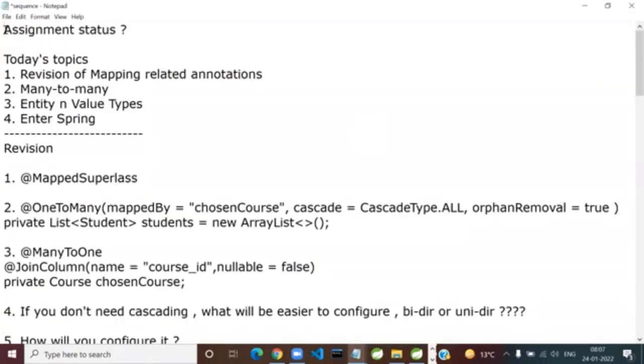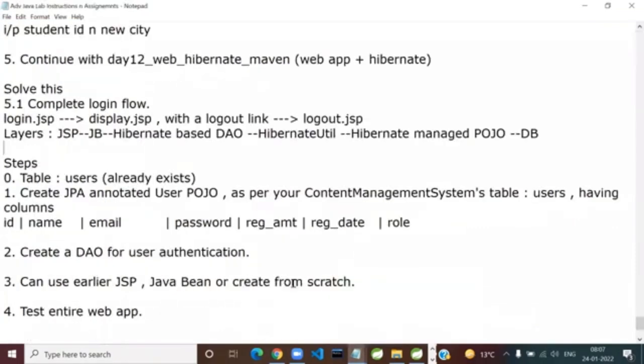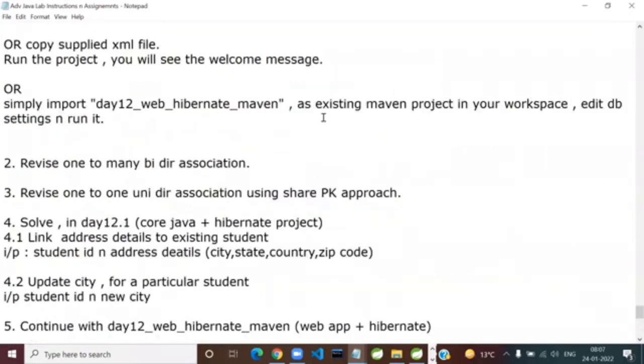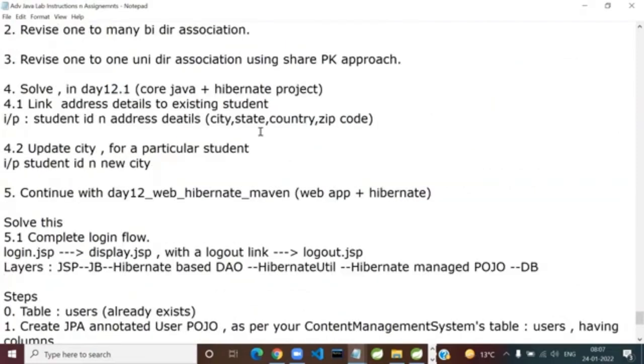I had given you a weekend assignment. So I'll ask you specifically. Since there are very few of you here, I don't know how correct a feedback I'm going to get. Tell your friends to join fast, otherwise they will miss the revision. We had already created the student, address, course, all these POJOs.